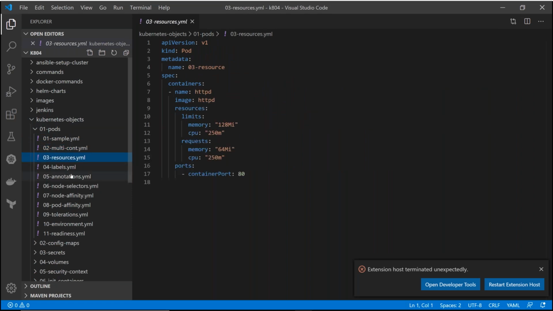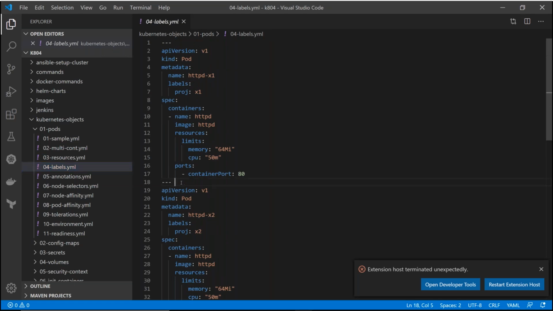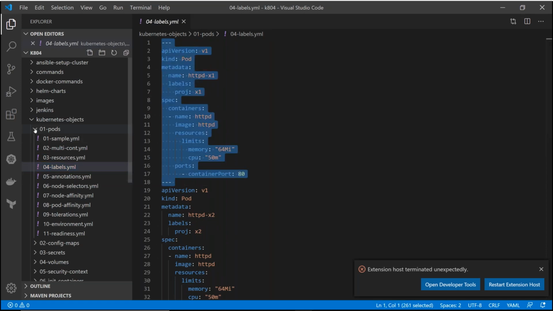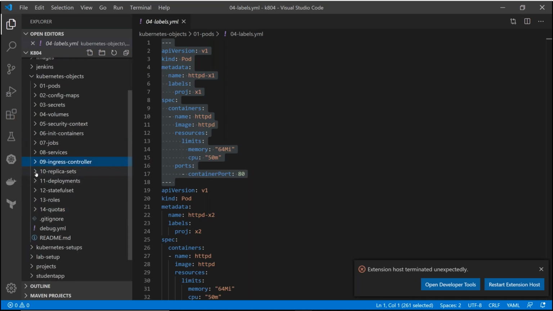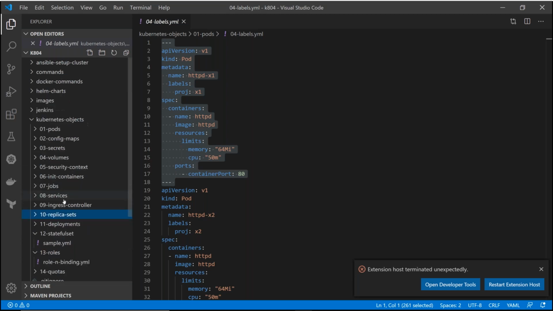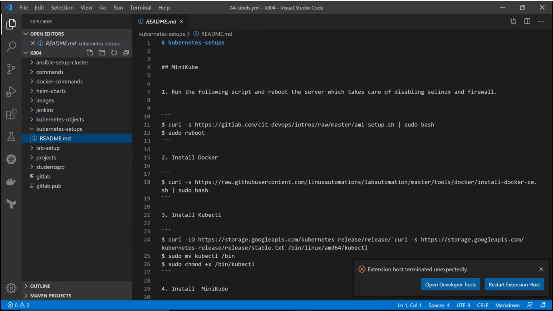Now you can see the very important Kubernetes objects, how we are going to write your pods. We have a lot of features in pods, and you need to have YAML understanding for this. We will discuss YAML also, how you have to write it. Inside pods we discuss a lot of options: ConfigMaps, secrets, volumes, security context, and then jobs, how you spin up ingress controllers, services, load balancers, everything. And these are very important: ReplicaSets, StatefulSets, roles. All these things we discuss as part of the course. And the setup is just a document.